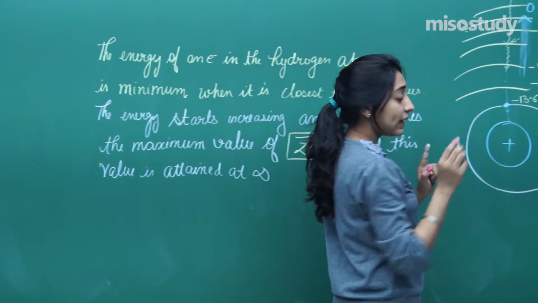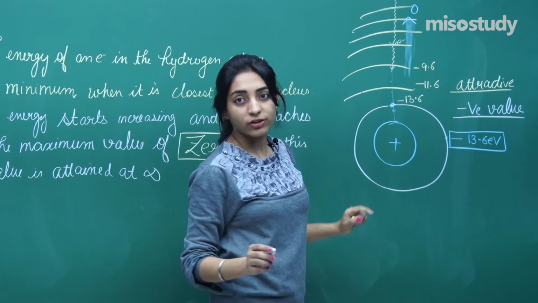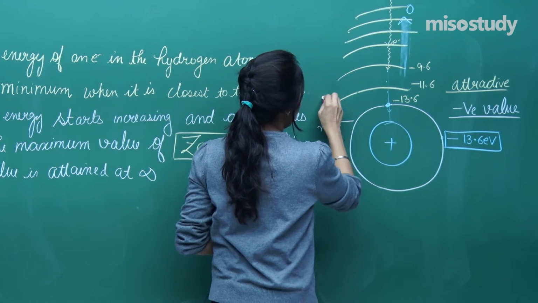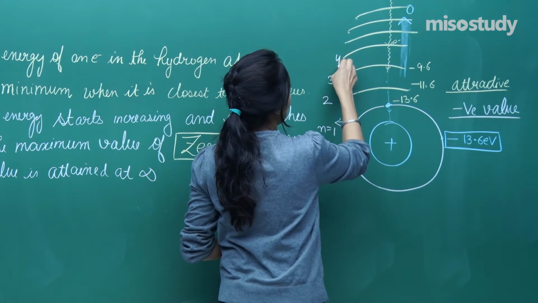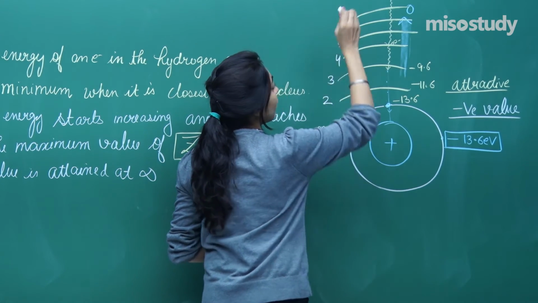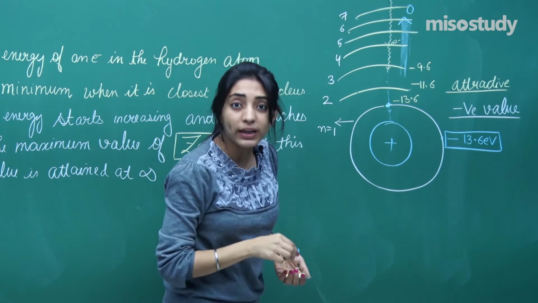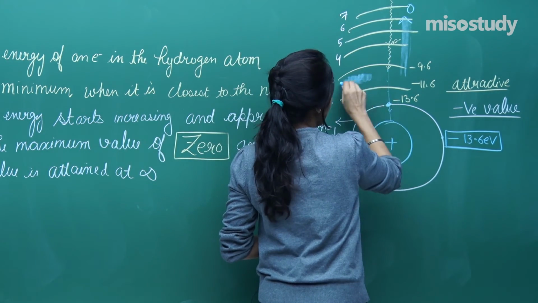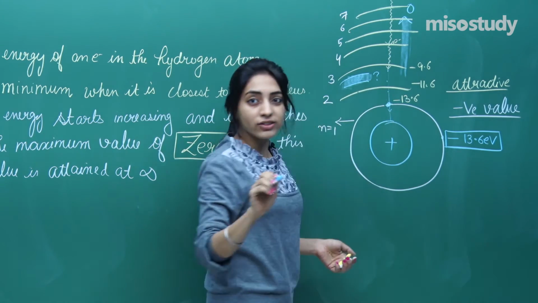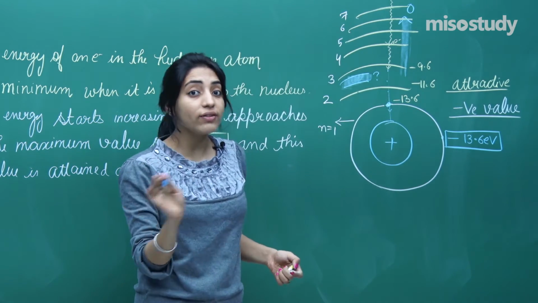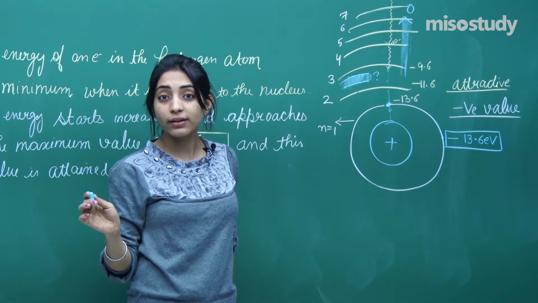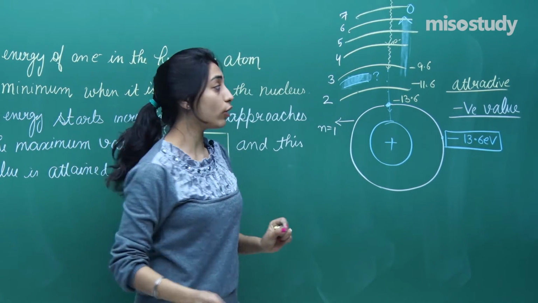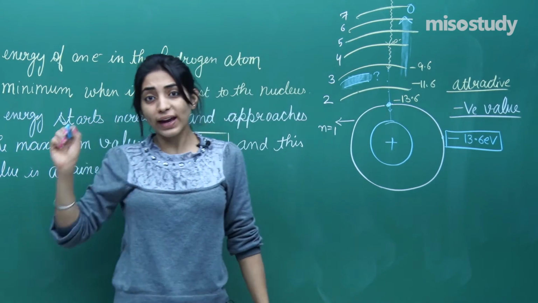See, if these are the prescribed energy levels, the electron can either be found in n is equal to 1, n is equal to 2, 3, 4, 5, 6, 7 and so on. That means the electron can never be found somewhere here. This is no energy level, and if this is no energy level, electron cannot be found there. Right? So the energy of the electron should be an integral multiple of n.